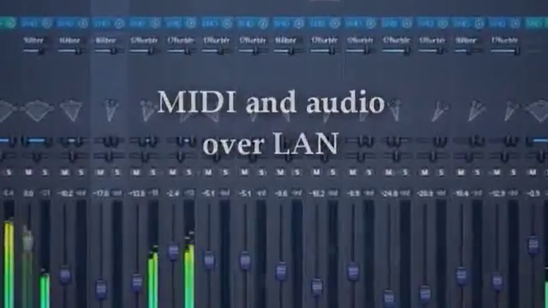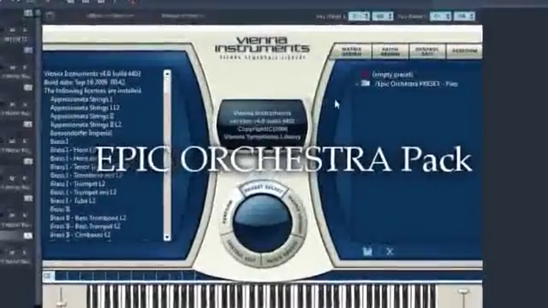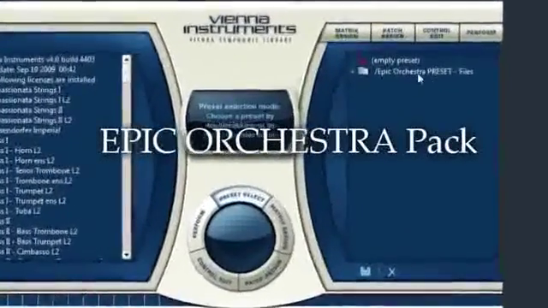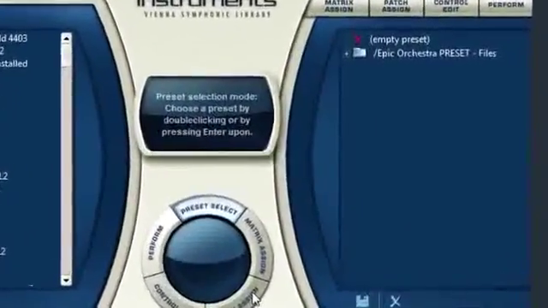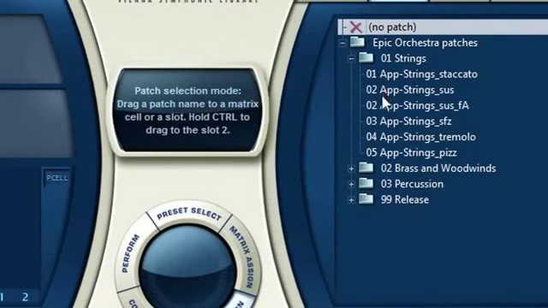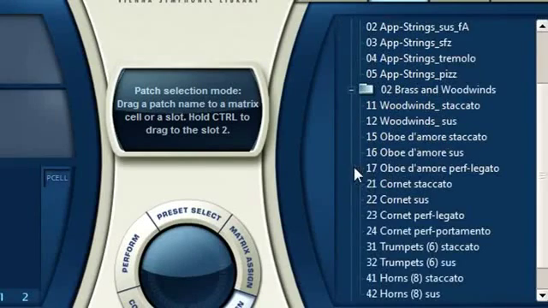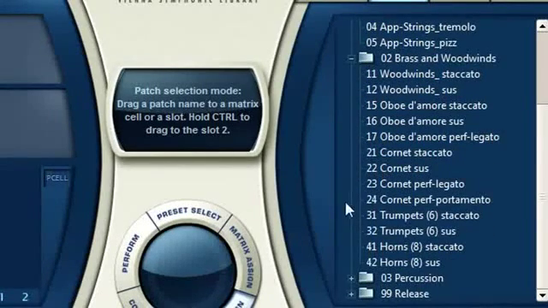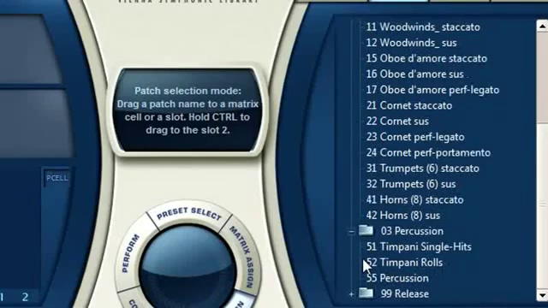But let's start with the big bonus. We have included the Epic Orchestra Pack with Vienna Ensemble Pro. 83 musicians at your disposal, with more than 9 GB of exclusive samples from the big Vienna Instruments collections, in 24-bit quality. The short orchestral arrangement you will hear gives you an idea of the sonic possibilities of the Epic